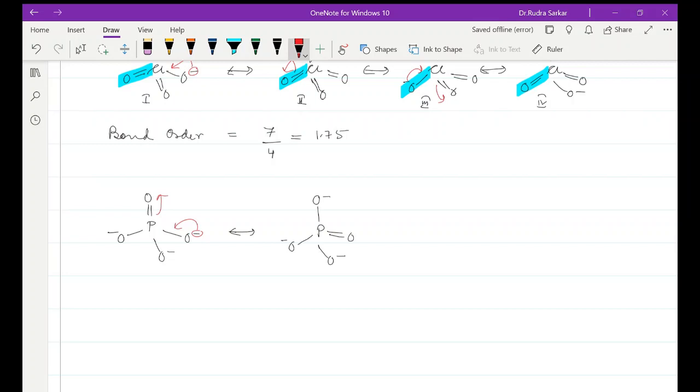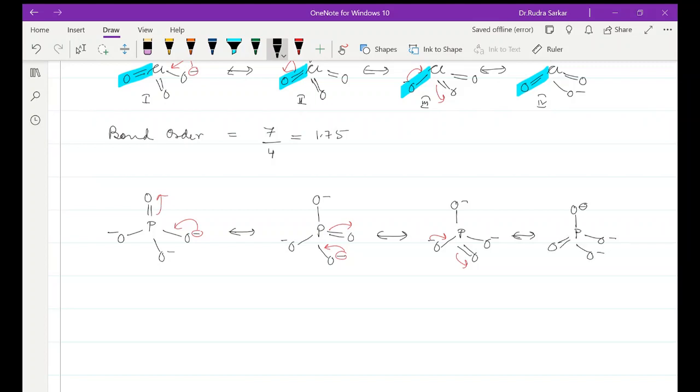Now let's think of another possibility in which this is going in and that is going out like that. So the other resonating structure will be, obviously, a double bond here. Now you think this one becomes a double bond and that one opens up, and similarly here also we are getting